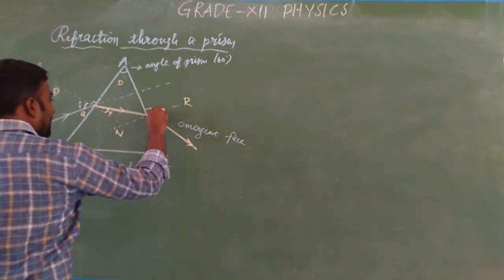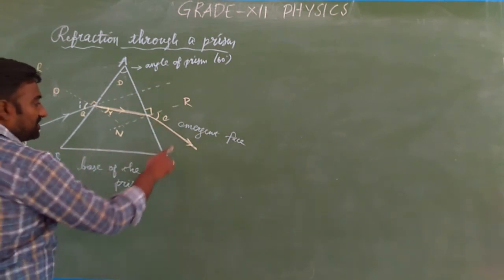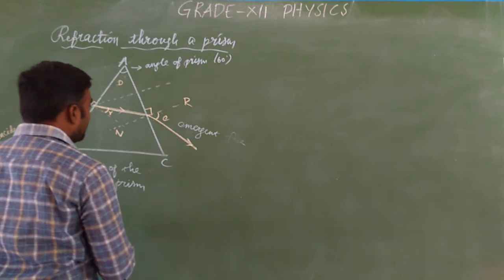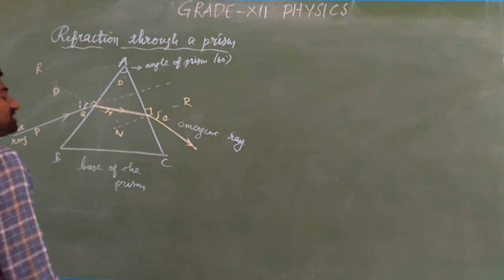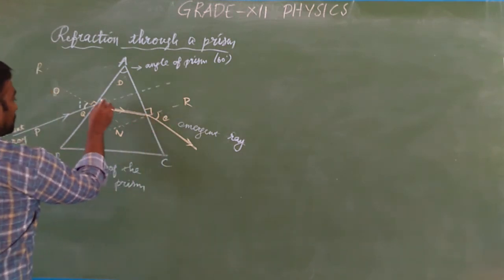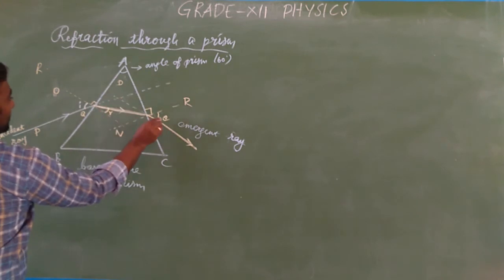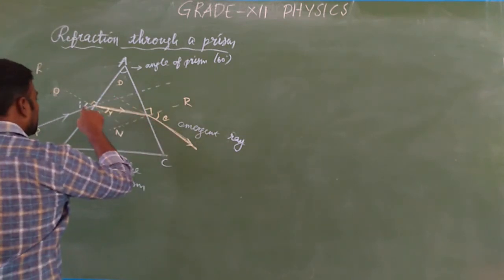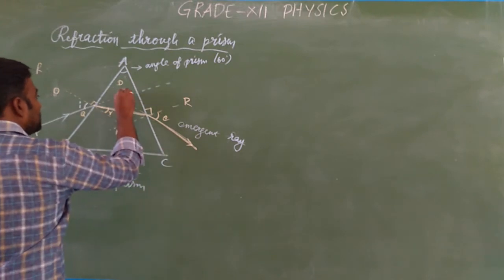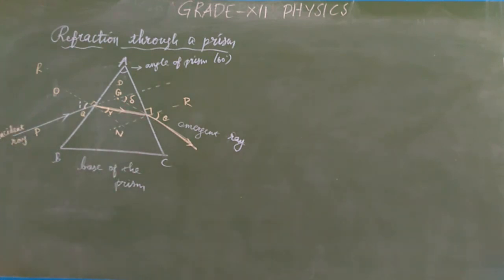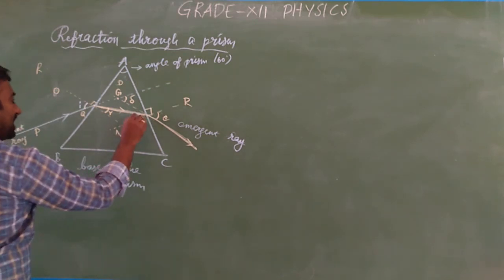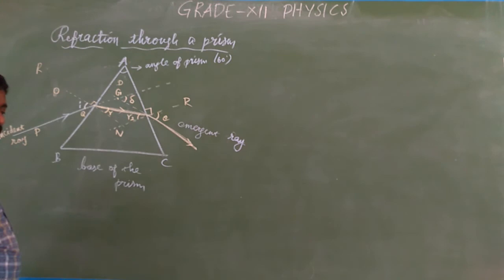This is called the angle of emergence. The emergent ray from the emergent face makes an angle to the normal, which is the angle of emergence. If there is no medium, then the ray would go like this. Both the incident ray and the emergent ray meet at a common point Z at an angle delta. This delta is the angle of deviation. And the refracted ray makes an angle to the normal, the angle of refraction, R2.